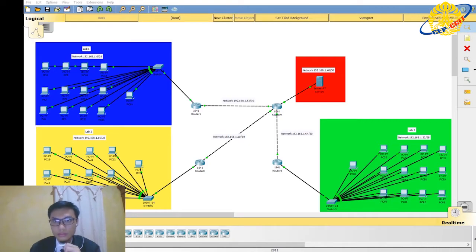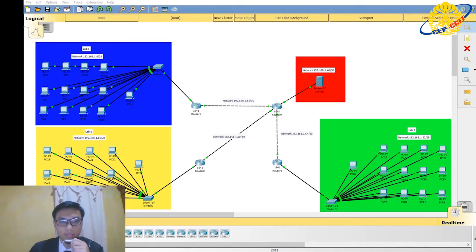Assalamualaikum warahmatullahi wabarakatuh. My name is Surya Rifki Fadilah, and in this video I will explain the scheme of our project. You can see on the screen there are 3 computer labs and 1 server room, and those rooms are on the same floor, so it's just a 1 floor scheme, with 13 PCs in each lab, so there are 39 PCs in total and 1 server in the server room.